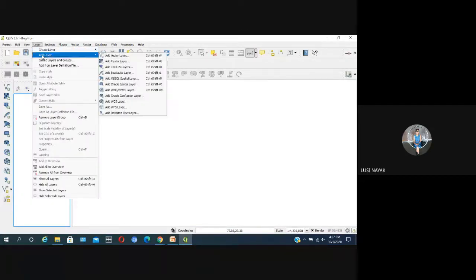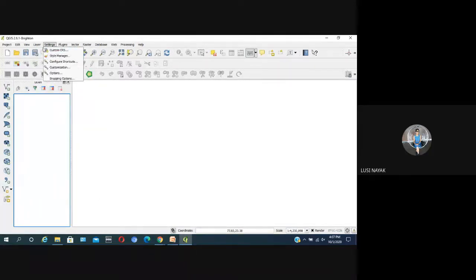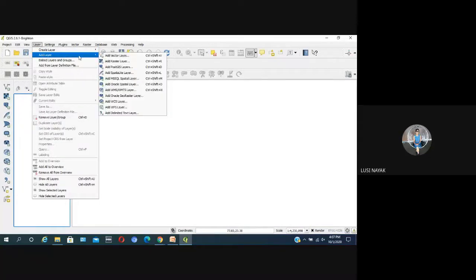Go to the Layer menu, then add layer, then add raster layer.